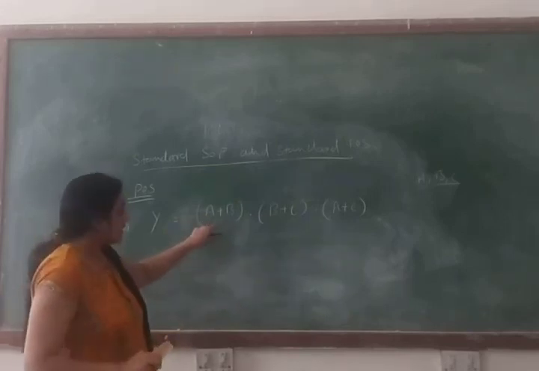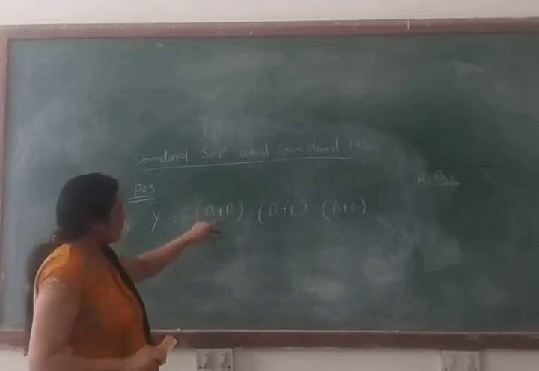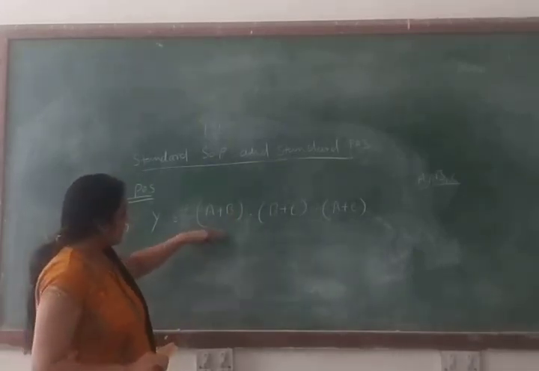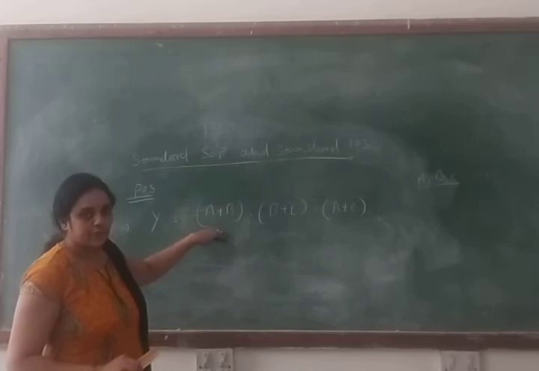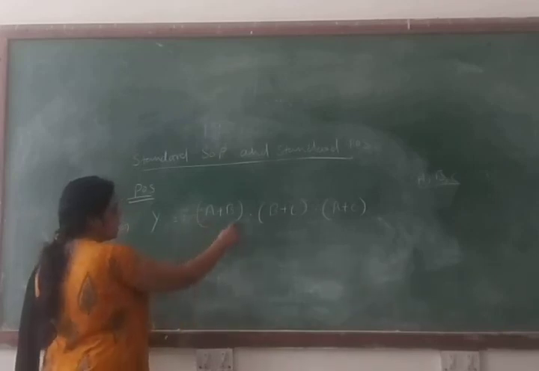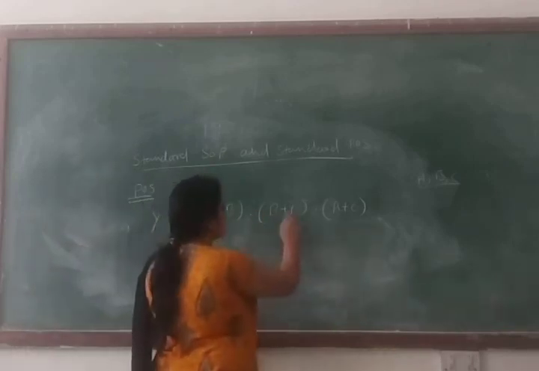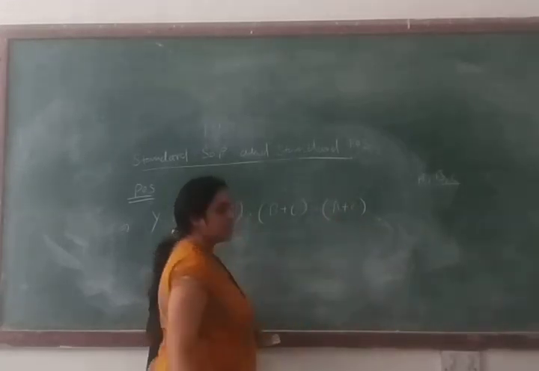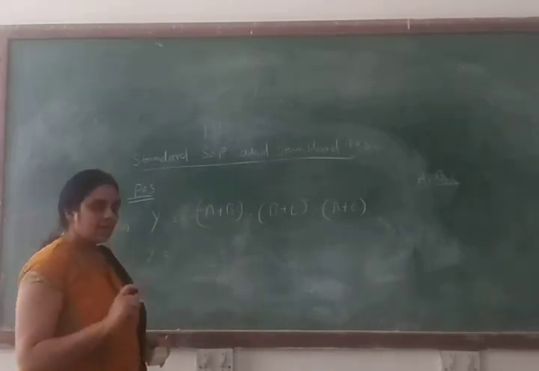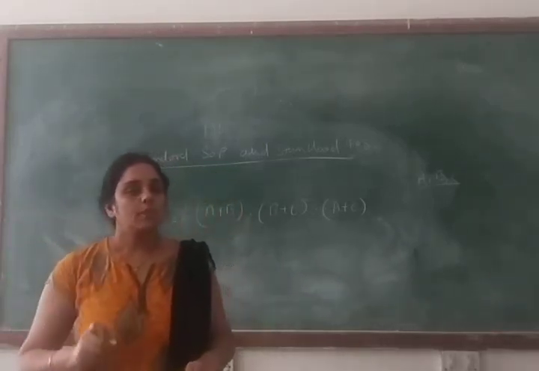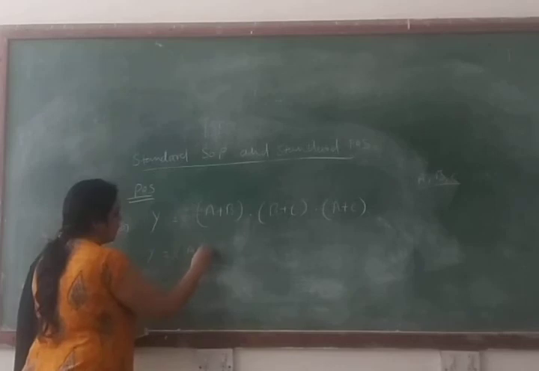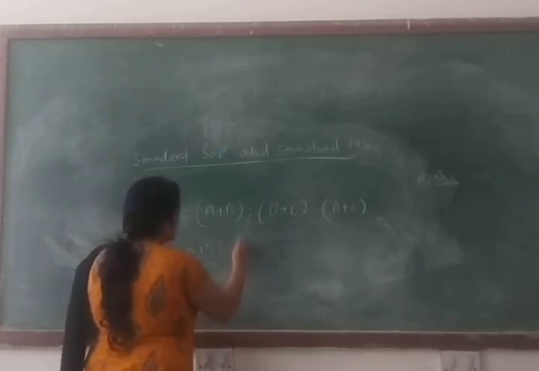A plus B. In this term basically C is missing. So without seeing the other terms, we can say that this is not a standard POS format. So we have to convert this expression into standard POS format, right? So in the term A plus B, C is missing, in the term B plus C, A is missing, and in the term A plus C, B is missing. Then first we have to make the term, and how will you make the term? Here we perform the ANDing operation between the complemented and uncomplemented form of the missing literal. So A plus B dot C complement.